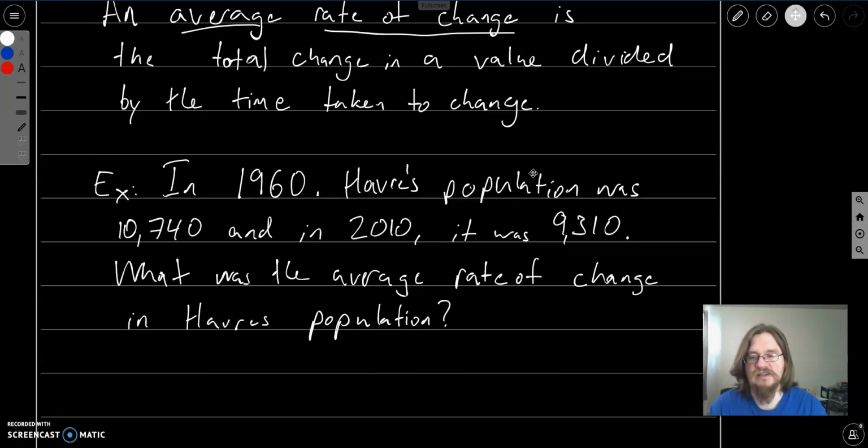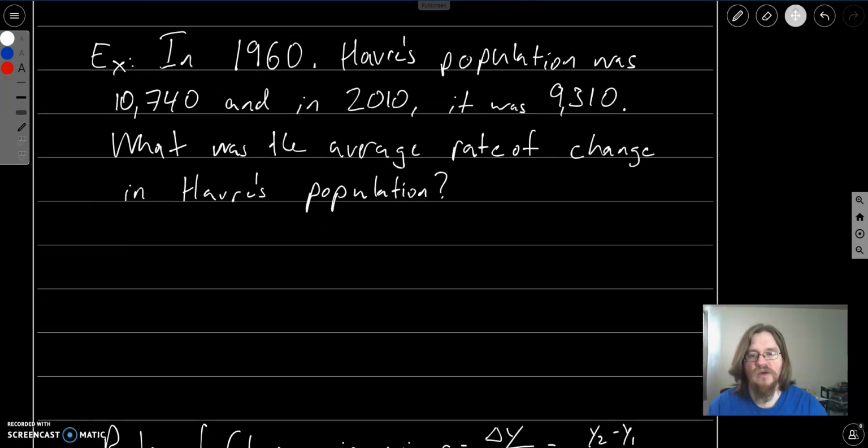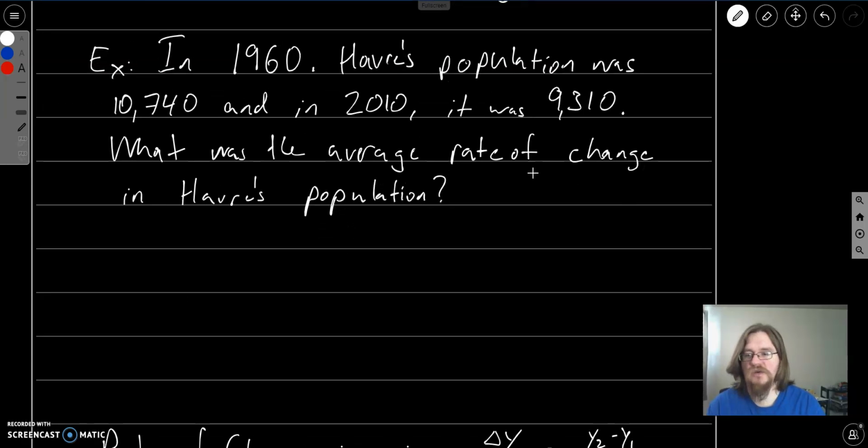So for instance, in 1960, Havre's population was 10,740, and in 2010, it was 9,301. So the question is, what was the average rate of change in Havre's population? First things first, we should find out what the actual change was. Well, if we take 10,740 and subtract 9,310, we'll get